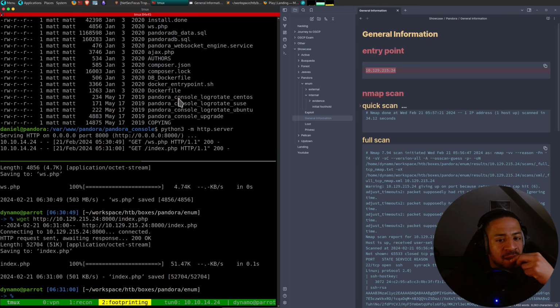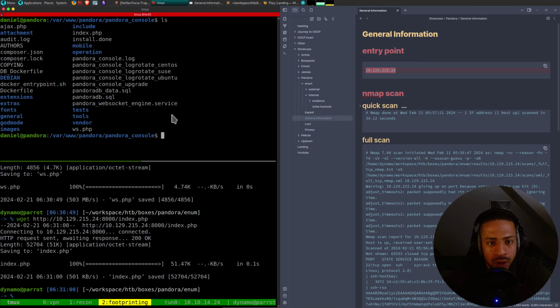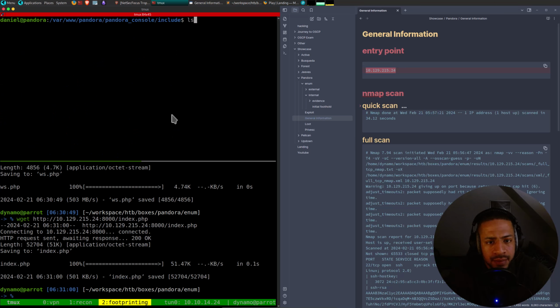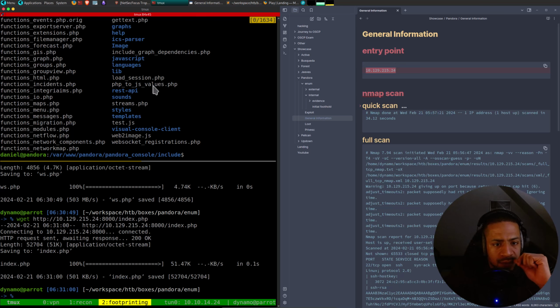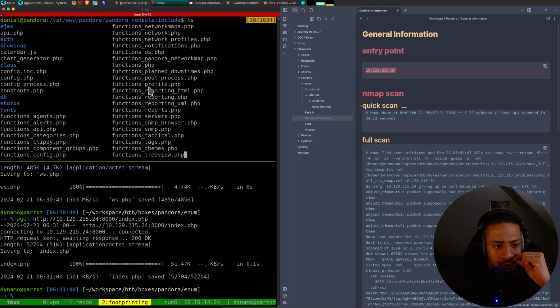And then, given that it's PHP, there should be a configs file. Where is that? It's usually in, I believe, include. There's a lot in here. Config PHP.